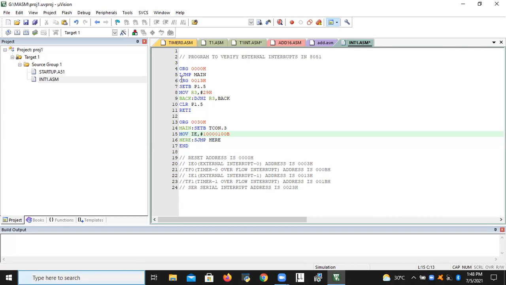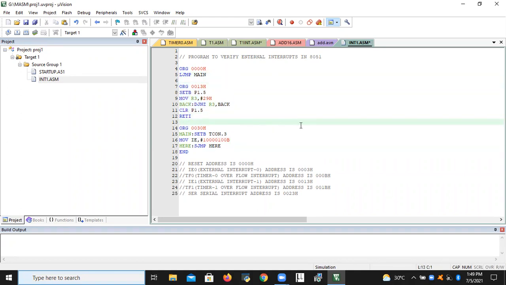This is the ORG 0013H. 0013H is the address of the external interrupt 1. You just see here I've written this external interrupt program that I am going to execute whenever the interrupt occurs. Whenever the interrupt occurs, these instructions will be executed.